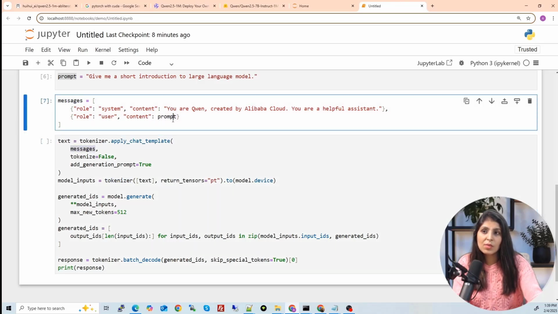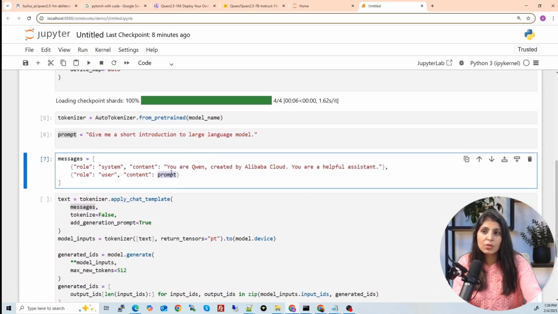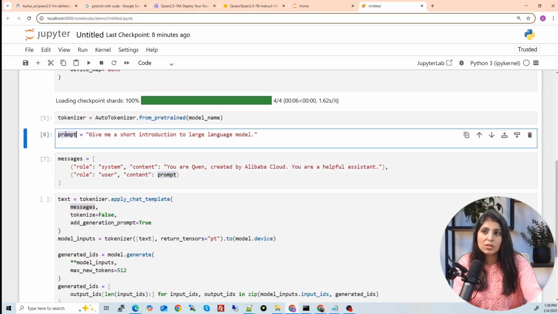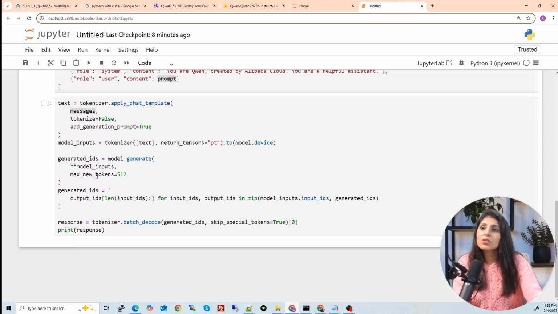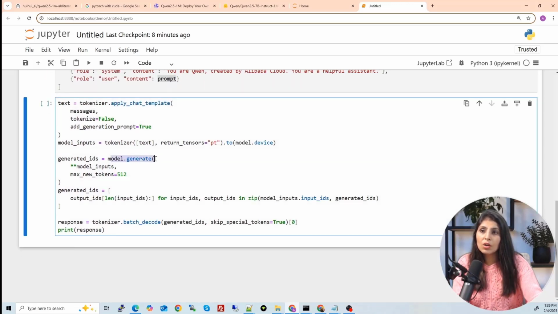These messages have the question of the user, which is in the prompt. So in model.generate, we have provided the user question to it, and then max new tokens is 512. These many new words our model can generate as output.